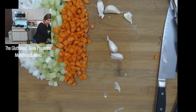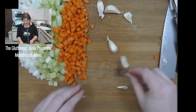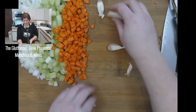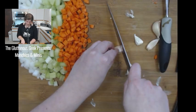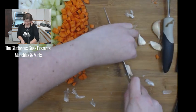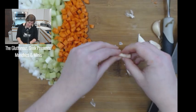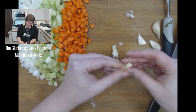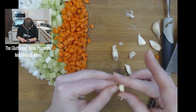So, easy way of peeling garlic without having to get any particular fancy thing. Get those top layers off, then just slice off the root end. Slice it in half. Oh, look. You can just pull that right off of there. No problem. There it is. Oh, there's a little bit left there. It's being a